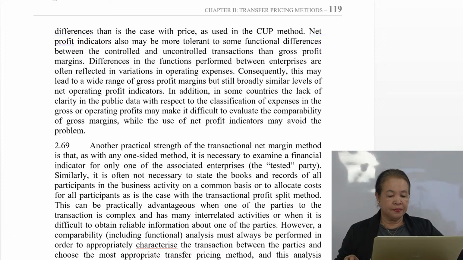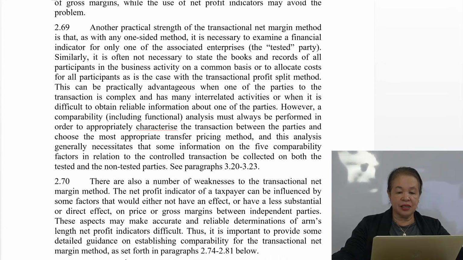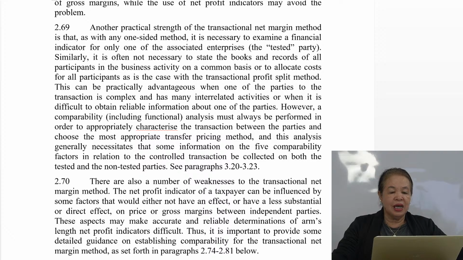Okay. What are these net profit indicators? So another practical strength of the transactional net margin method is that, as with any one-sided method, it is necessary to examine a financial indicator for only one of the associated enterprises or the tested party. Similarly, it is often not necessary to state the books and records of all participants in the business activity on a common basis, or to allocate cost for all participants as is the case with the transactional profit split method,